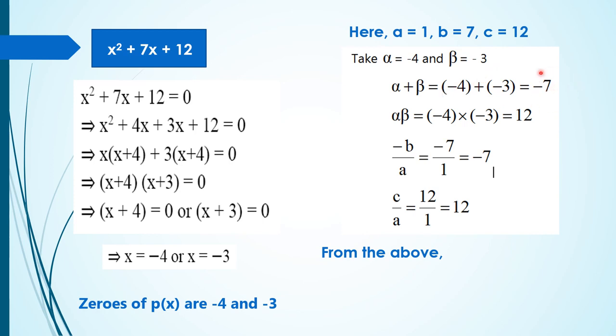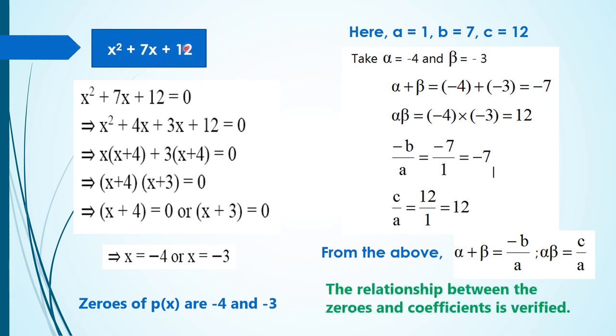From the above, very clear. Alpha plus beta is equal to minus 7, and minus b by a is also minus 7. Both are equal. Whereas alpha beta is equal to 12 and c by a is equal to 12. From this, we can conclude these two equations. Therefore, for the polynomial whatever you are taken, x square plus 7x plus 12, the relationship between the zeros and